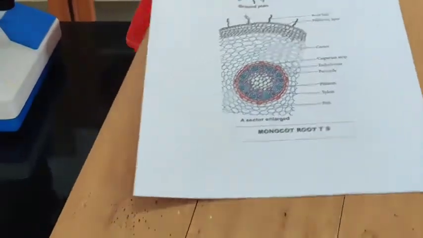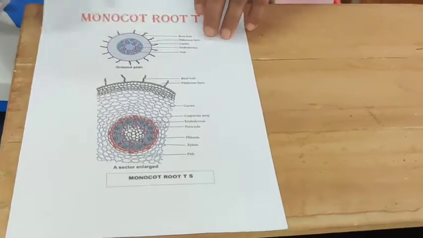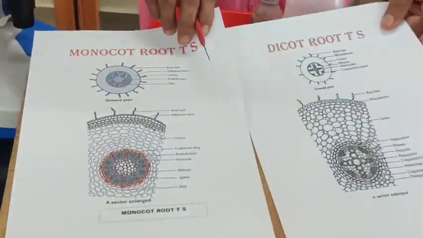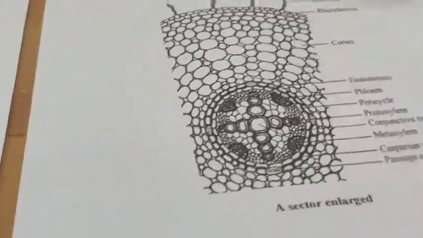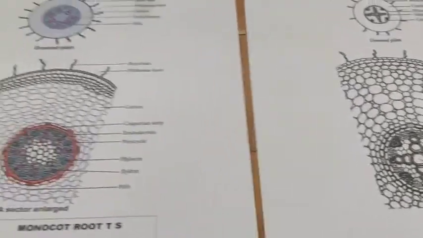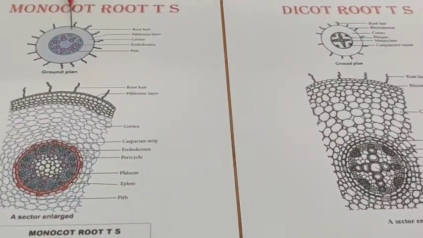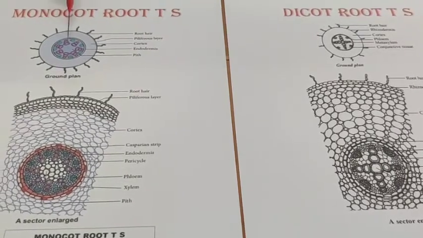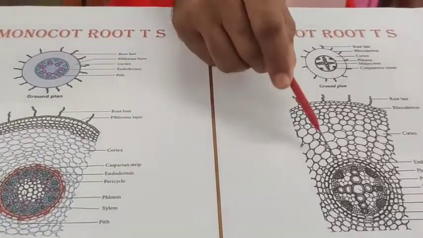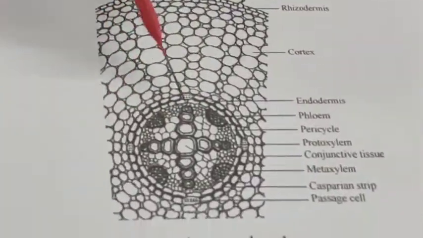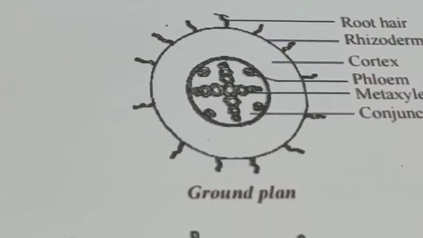Now what is the difference between dicot and monocot? How can you differentiate when you are getting the section? See, this is the section of the monocot root. This one is the section of dicot root. See, the structure will be almost the same. You can see epidermis is there, root hair is there, cortex is there, endodermis, stele, everything. Here you are seeing the xylem is polyarch, but here see the xylem, there are only 4 groups. You can see 4 groups of protoxylem, it is called tetrarch. So xylem is tetrarch in dicot root, polyarch in monocot root.